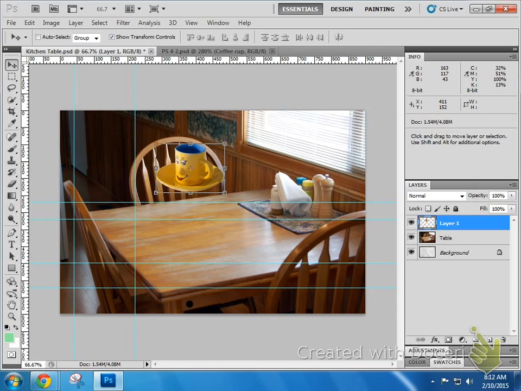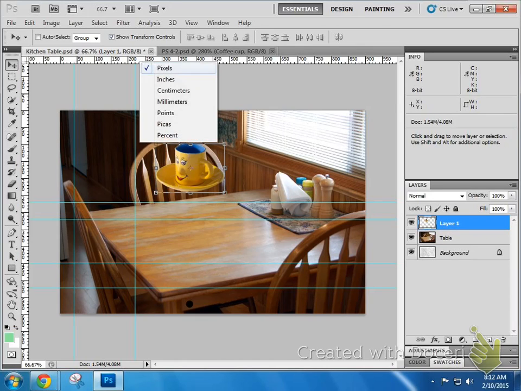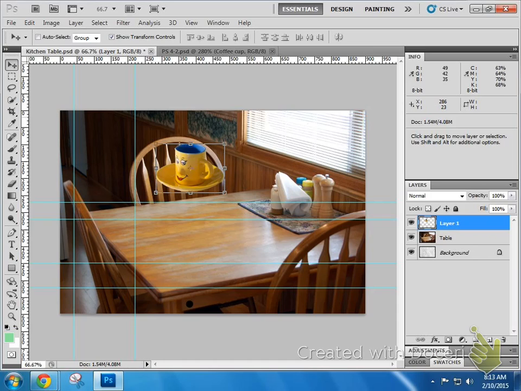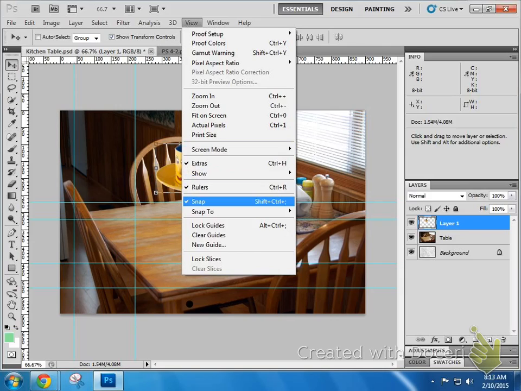So number 1, ours is active. My rulers are appearing. They are in pixels, so I'm good to go there. Number 2, we want to see guides. So these are the guides. These little blue lines, aqua, light blue. Guides are something that are not displayed on the final product. So if I were to actually render this into a file, save it into a JPEG, none of the guides would actually show. Guides only show on your PSD file,